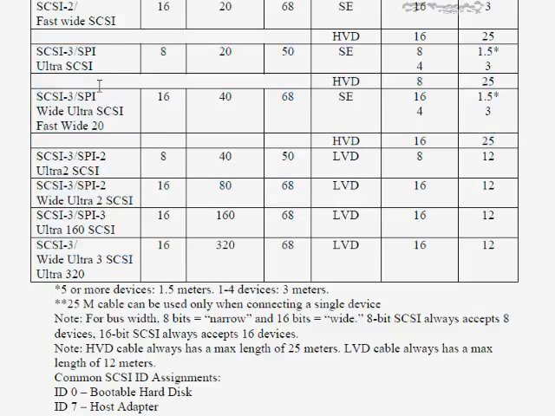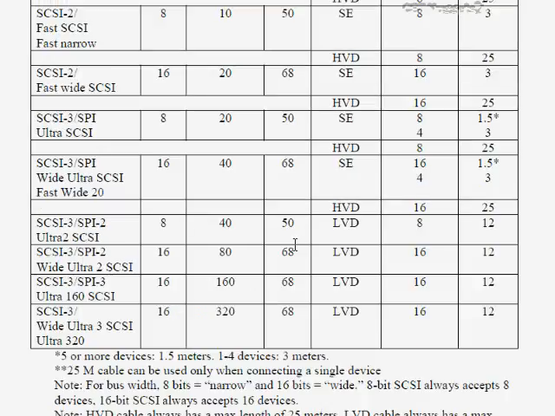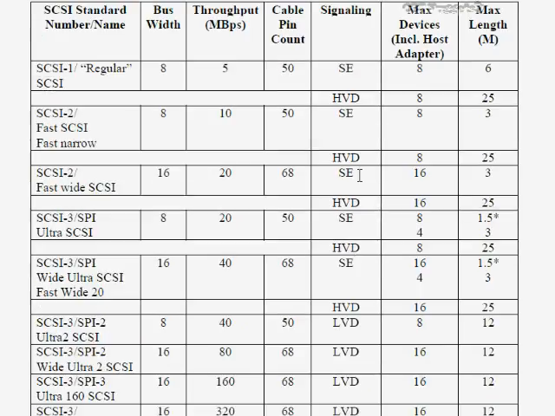And they all, again, have different names, kind of similar to what we saw with Parallel ATA or IDE earlier on in our previous nugget, where we were talking about ATAPI, which is also known as Ultra DMA, or all that kind of thing. So what we have with this as well is that we have different lengths that you can also use. Okay, if we look at the top of this, we'll see the maximum number of